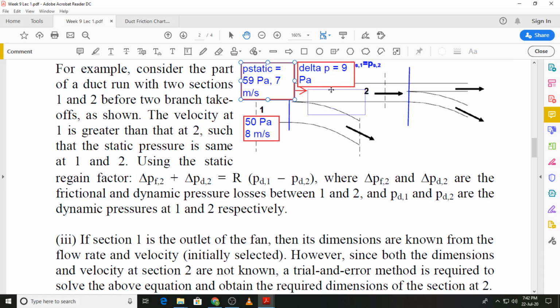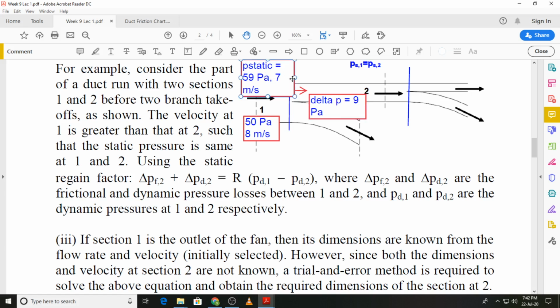I'll just move the numbers a little so we have more space. That is when we reach section 2,